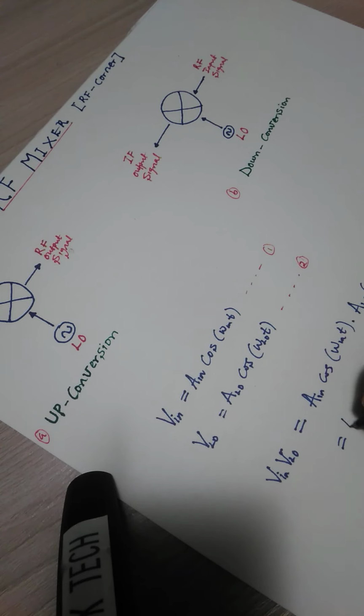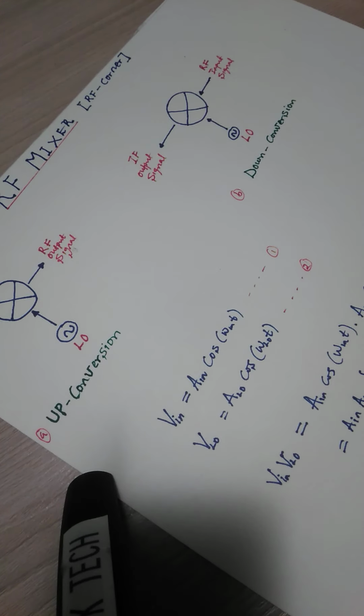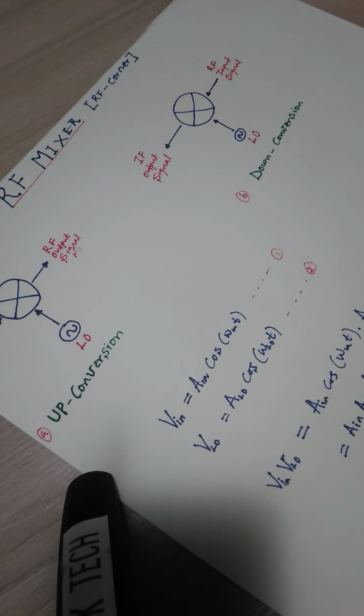So generally we are going to have A_IN and A_LO, and then in brackets we have cos(ω_IN t) · cos(ω_LO t). Yeah, so we are going to have this one. So we are going to compare this one. Let's assume